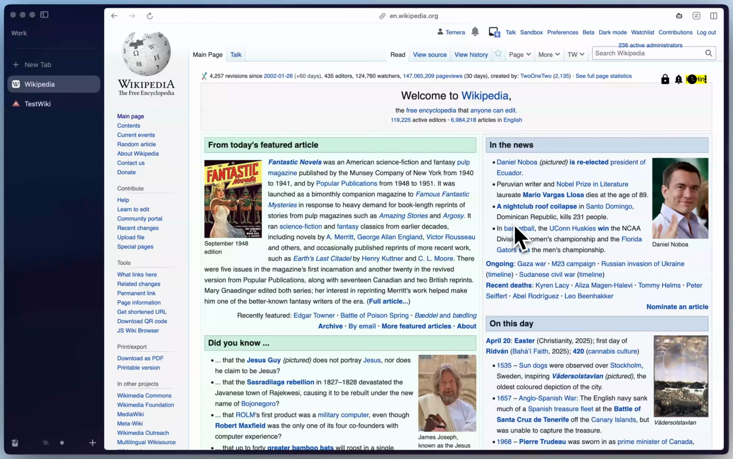Hey everyone, today I'm going to show you how to block users and IP addresses on a MediaWiki powered wiki. This is a basic moderation tool that's used to prevent spam, vandalism, or other disruptive behavior that you might see